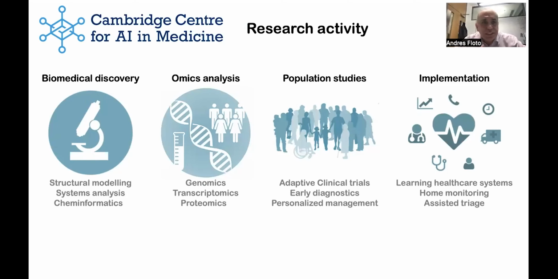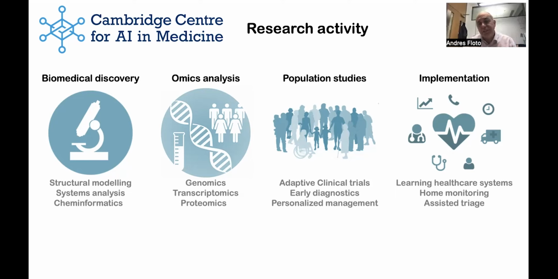And really, our research activity is focused on 4 pillars. So biomedical discovery, so basic biology, structural modeling, systems analysis, cheminformatics. We have a second strand around omics analysis, let's say how to integrate these large data sets that arise from genomic, transcriptomic, and proteomic experiments. The third is around population studies. Can we develop novel methods of clinical trial development,